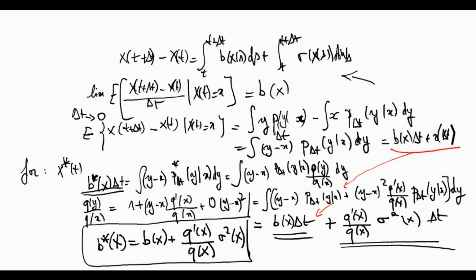Which is the characterization of the drift of the conditional process with respect to the drift of the initial process, and the conditional probability q, which accounts for the information about the geometry of the domain and the location of A versus B. Now we can do the same for